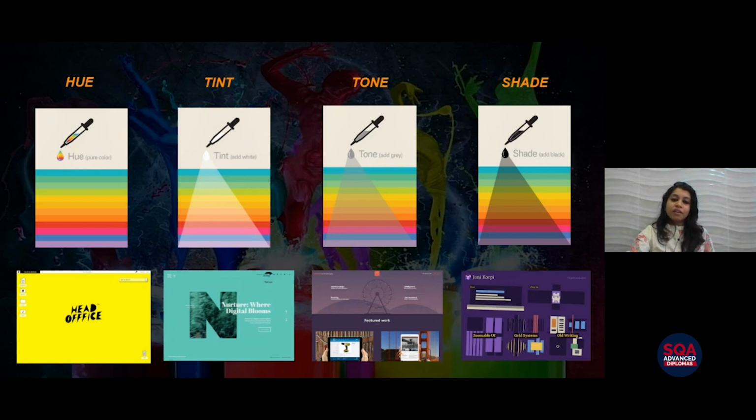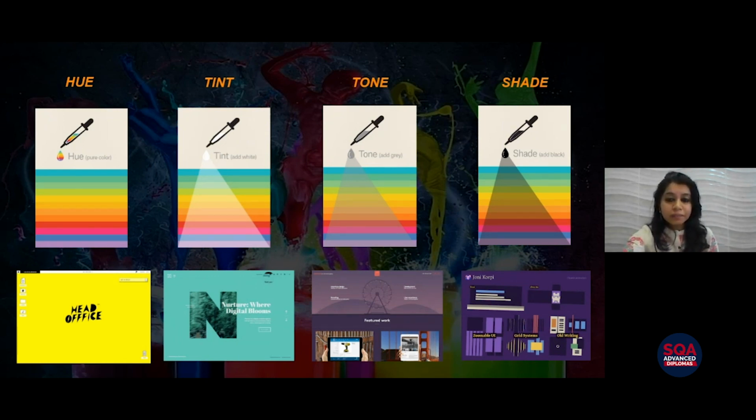Tint is something wherein you put in a pinch of white color. If I add a little bit of white to the blue color, there will be a lot of gradations that we'll be seeing in the blue color itself. If you keep on adding white, from the dark shade of the blue it will go on reducing to the lighter shade. Eventually, it will come up to a white shade. So that is what tint is about.